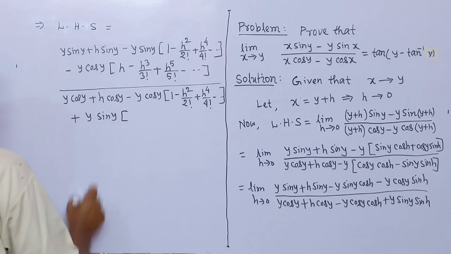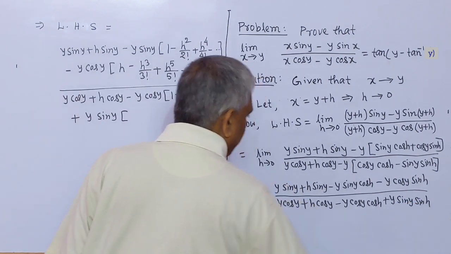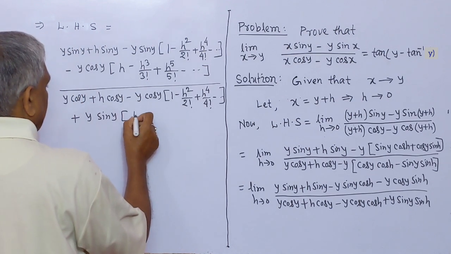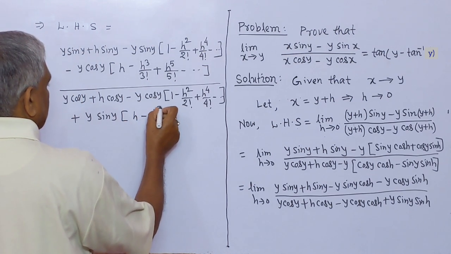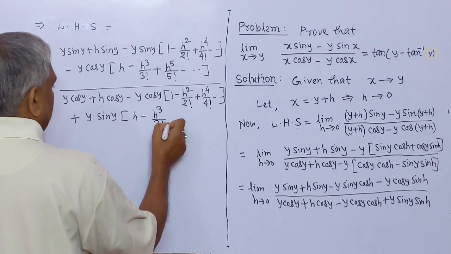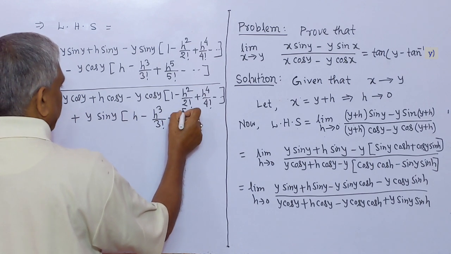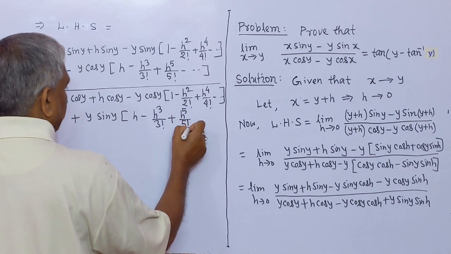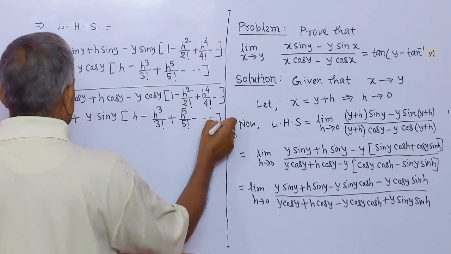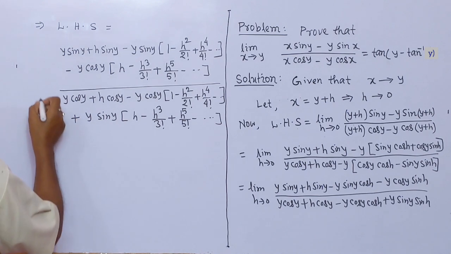We expand sin h in powers of h. h minus h cube by factorial 3 plus h to the power 5 by factorial 5 minus dot dot dot. Here we write limit